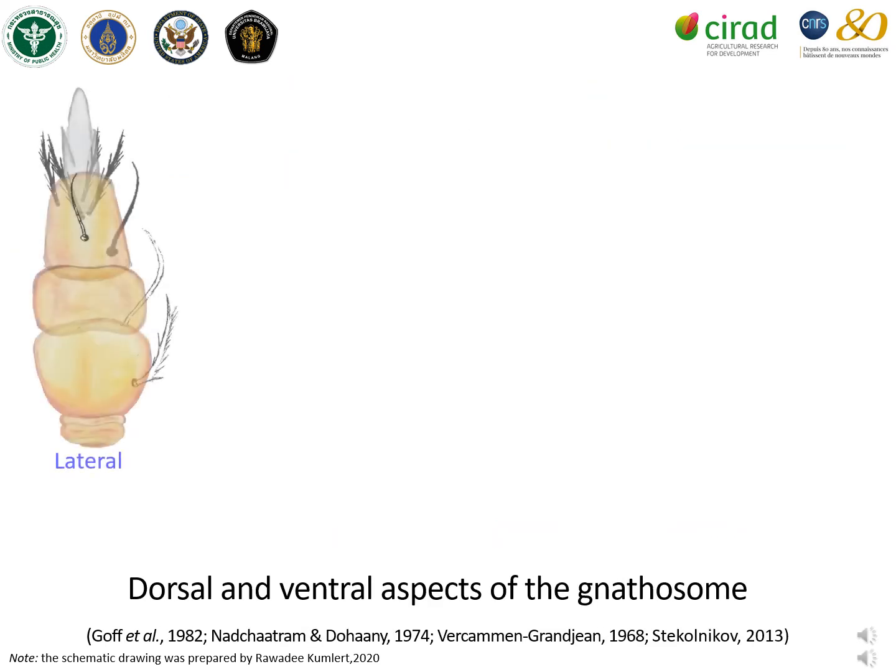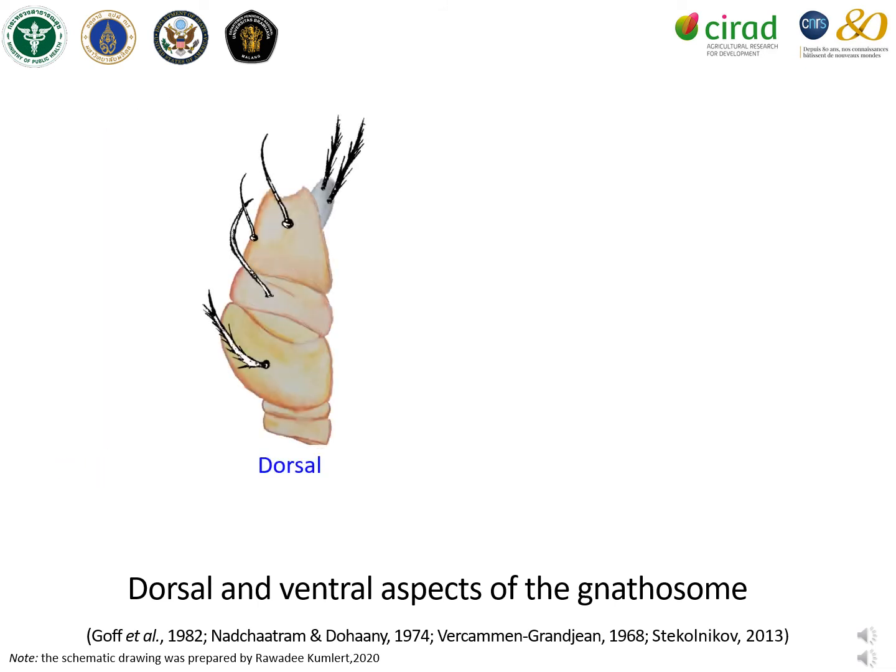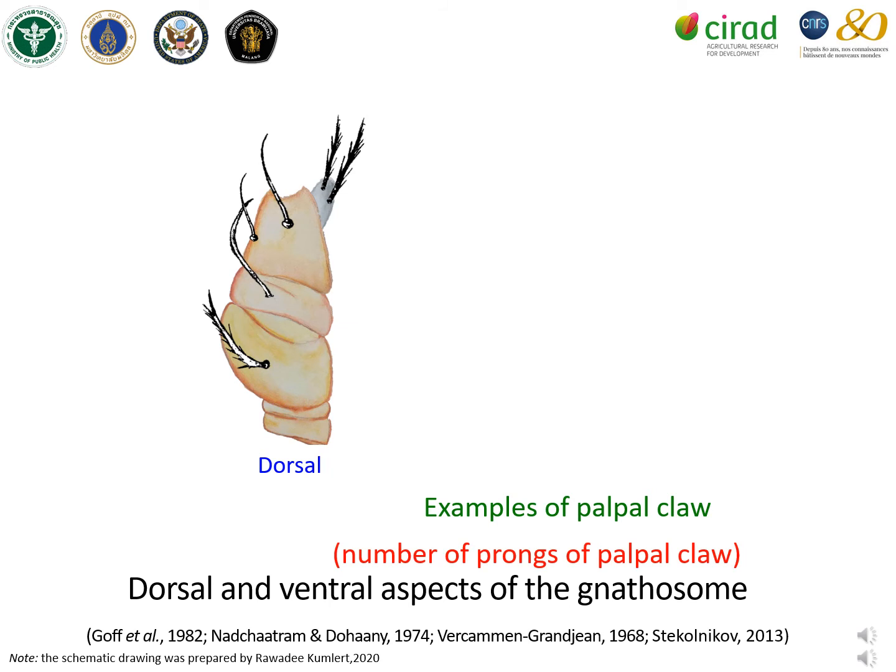After describing the cheliceral blade, the galeal setae, and the palpal setae, we will now move on to the last part of the chigger's mouthpart, which is the palpal claw. Here, we need to see the number of prongs. This character can assist in morphological identification up to the species level. In Radfordiana nudosita, for example, the palpal claw is simple.